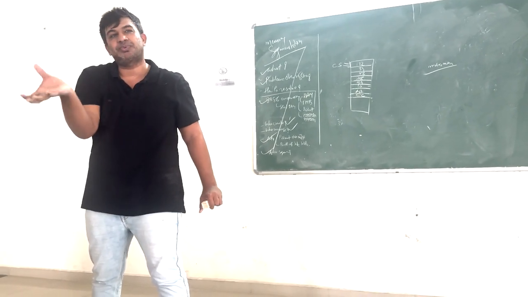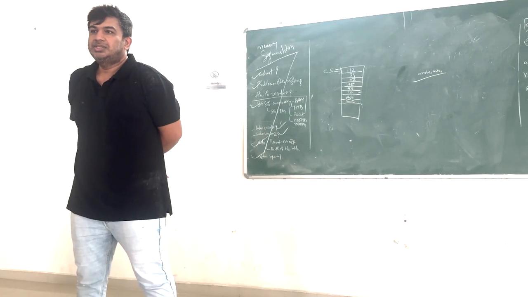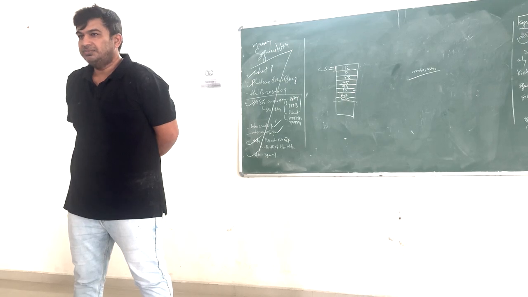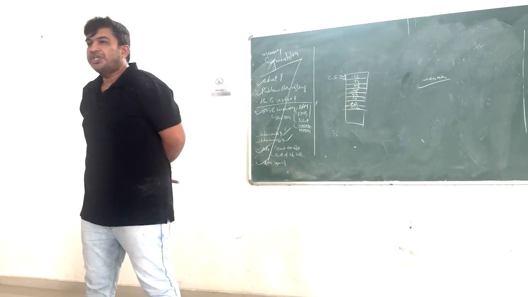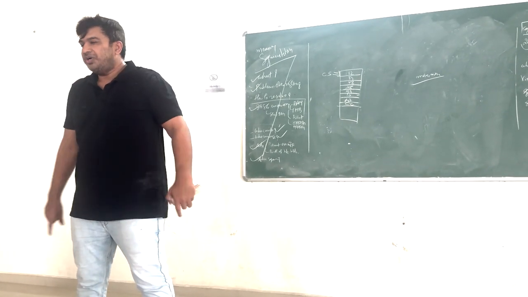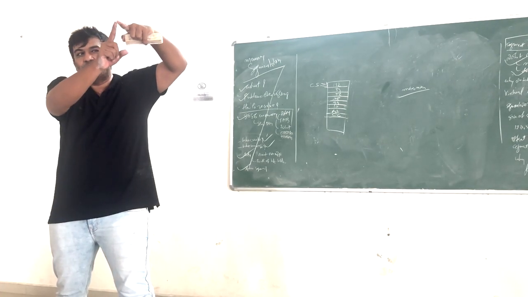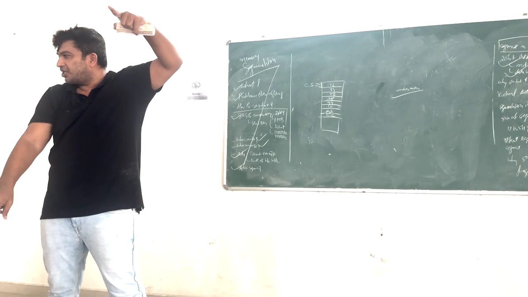There cannot be a segment bigger than this. Tell me the size. Your segment address is of how many bits? 16 bits. What is your offset address? 16 bits. So the segment address tells you where your segment starts. Suppose it starts over here. Who decides how far inside you can go?